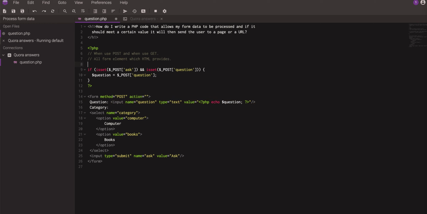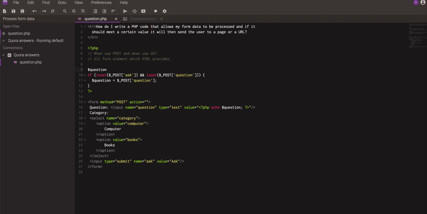And now I need to define a default state of the question, because it's a string, I can define it as an empty string. Okay, so I have a default value, I have some checking and validation,